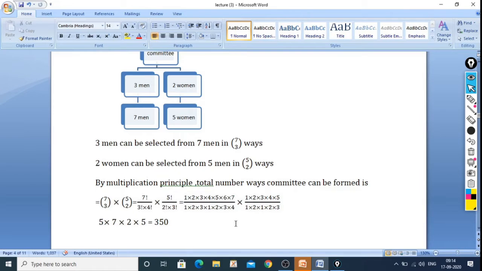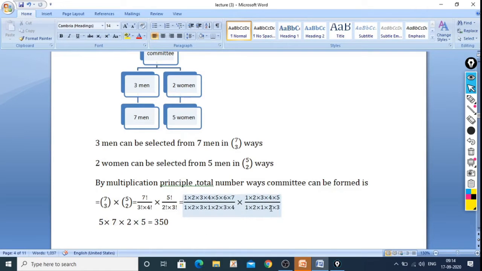Now here up to 5, 1, 2, 3, 4. So here in the numerator 1, 2, 3, 4 it will get cancelled. So then in the denominator 2 3s are 6. So here it is 6. So 6 get cancelled. So remaining is 5 into 7. So the first one is 5 into 7.